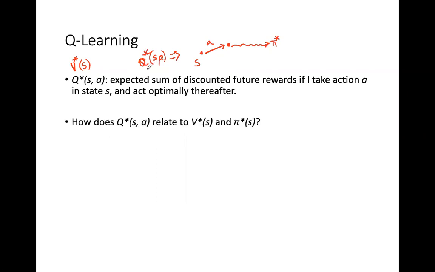And once we have that picture in mind, we can relate it back to the things we're more familiar with at this point, right? So in particular, we can relate V star to Q star,